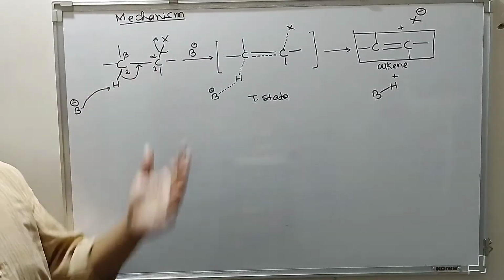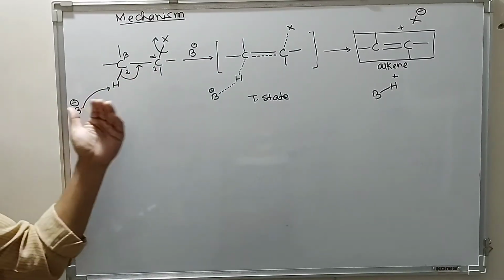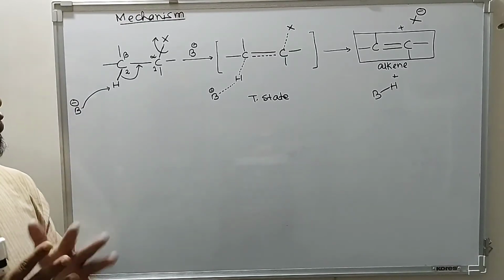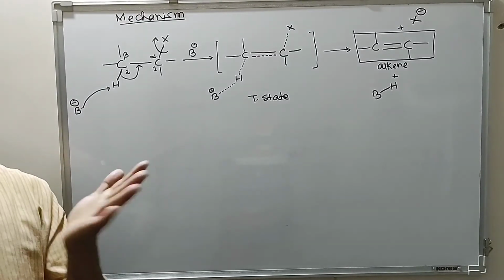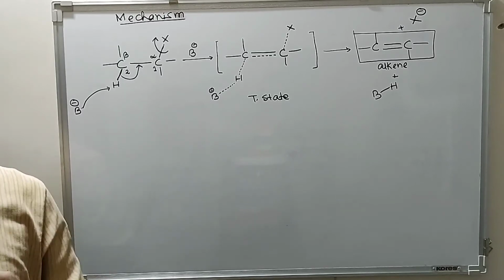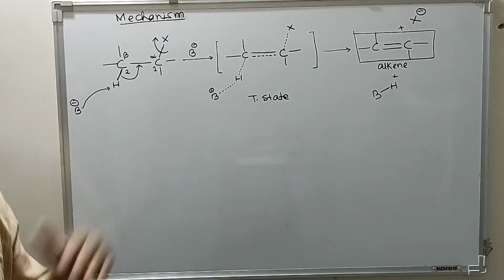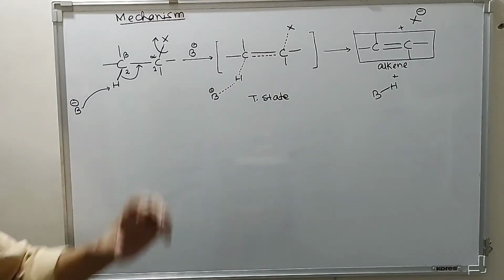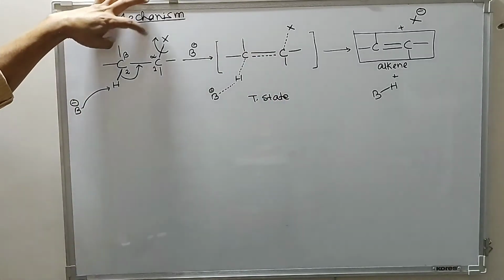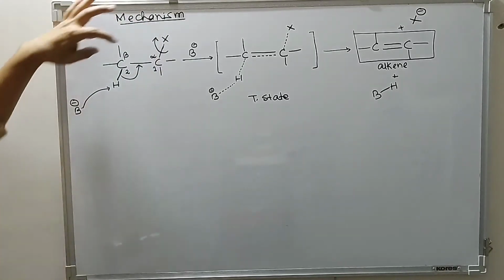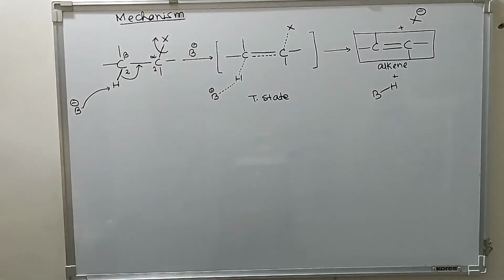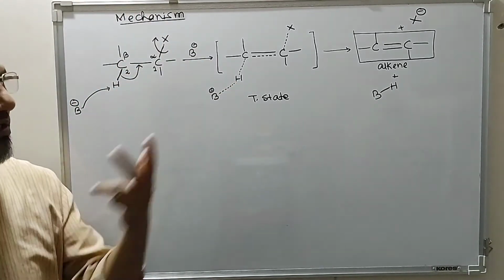Now coming to the features that we have discussed about this E2 pathway. First is E2, that is bimolecular, means two molecules are involved in the rate determination. This is a single step, so this is the rate determining step. Now look at this, what are the molecules involved? We have this alkyl halide and base. Both alkyl halide and base are involved in the rate determining step, hence the molecularity of the reaction